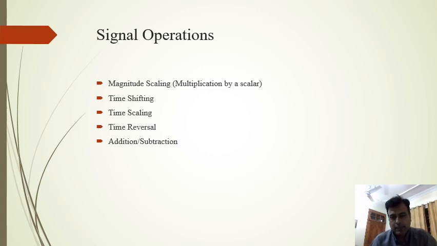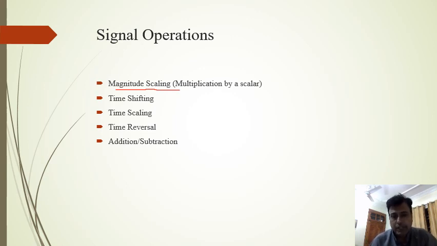When we have a signal, we have an independent variable, which is normally time for a continuous time signal, denoted by t, and denoted by n for discrete time signals. So that is called the independent variable, whereas the amplitude or the magnitude of the signal is the dependent variable. So this operation of magnitude scaling is performed on the dependent variable,